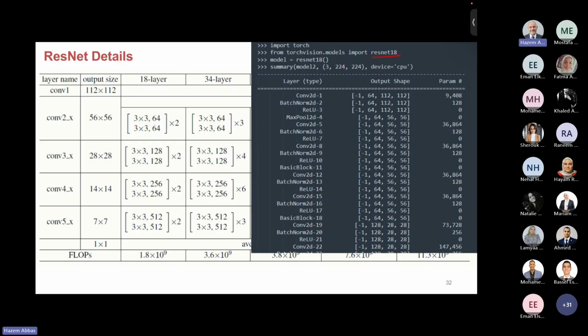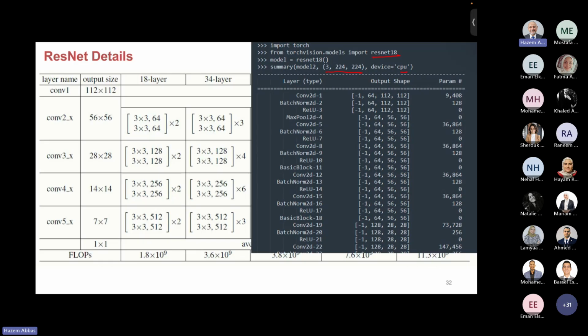So if you want to use it right away, you can just import them. Then the model is ResNet 18, and then you use the summary with the model, the input size 3, 224, 224, and the device is CPU, and it will print out what each and every layer